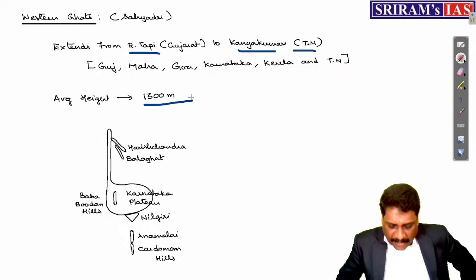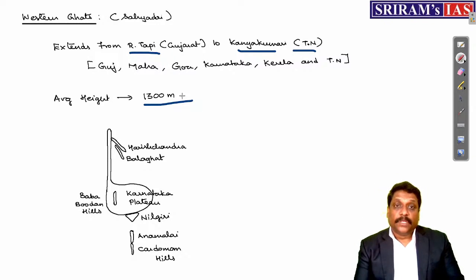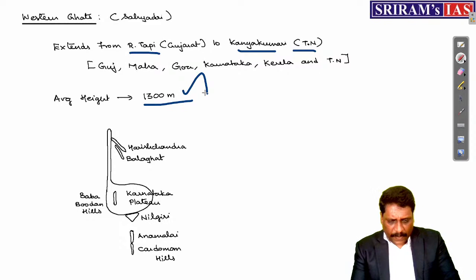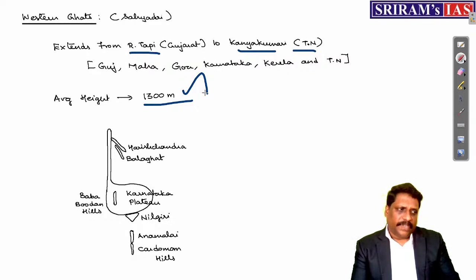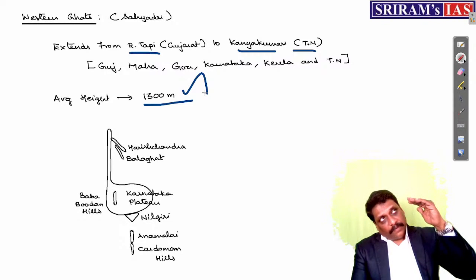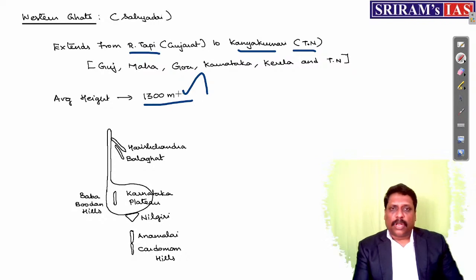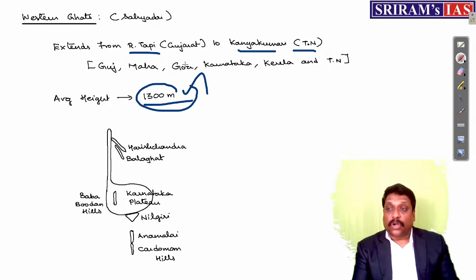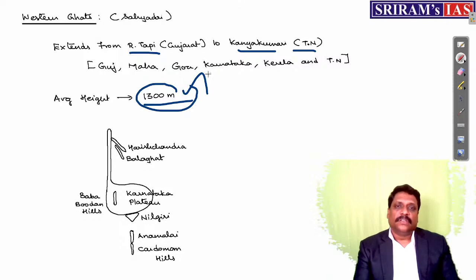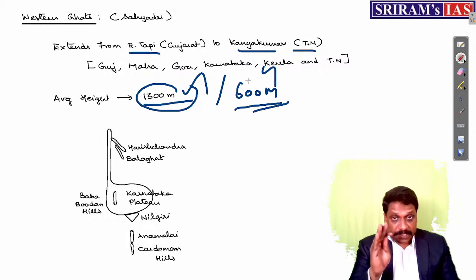What is the average height, my friends? The average height of this mountain is somewhere around 1,300 meters. The peninsular part of India will go for only two classifications. Either we say it is tall mountains or short mountains. The tall mountains, I am just taking it as 1,500, though not necessarily always 1,500. Short-heighted mountains, I'll mark it as 600 meters, just for our convenience again.